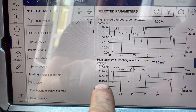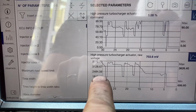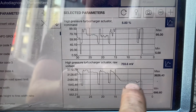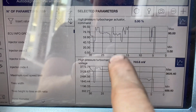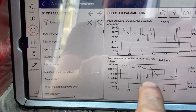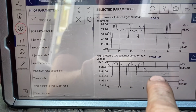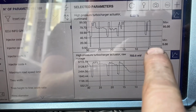Well, it was getting far less than what it wanted. It was getting 2.5 volts, maybe under it, 2.2 or 2.3. And then this is where it triggered a fault. Shut it down, 2563, turbo actuator position, intermittent. It's not seeing what it wants to see out here. So it triggered a fault, boom, control is gone,